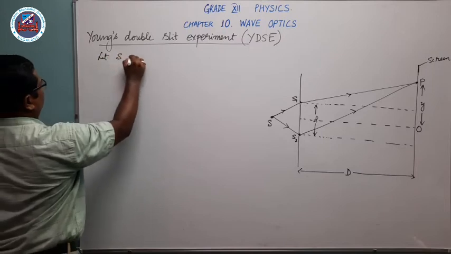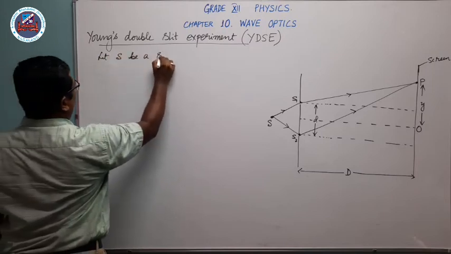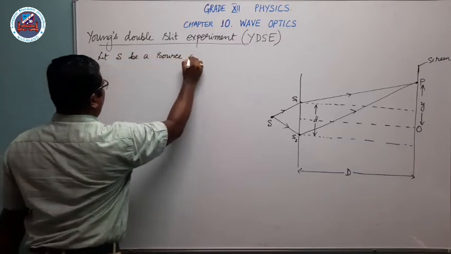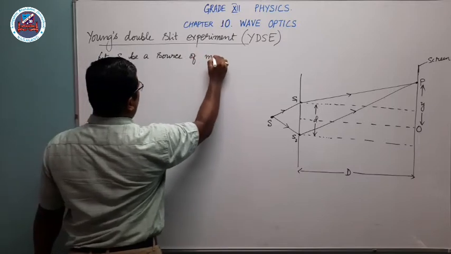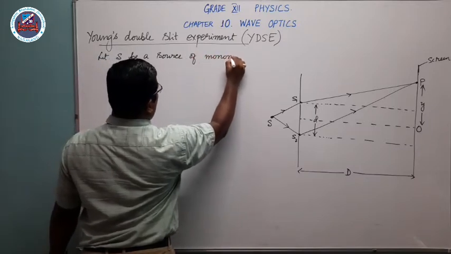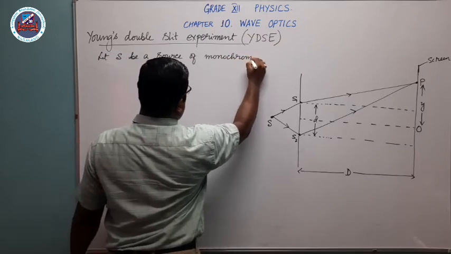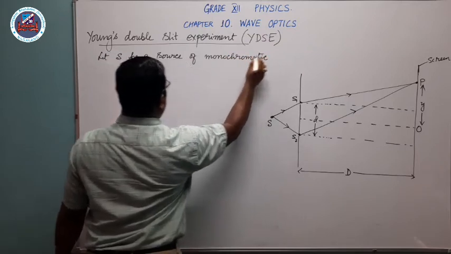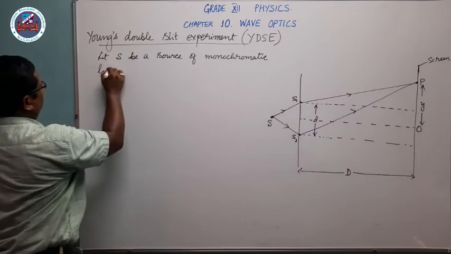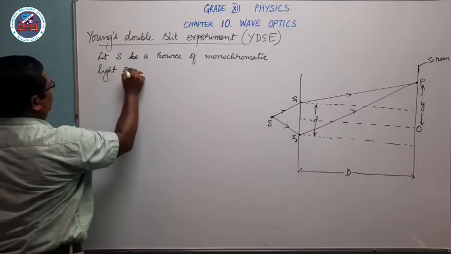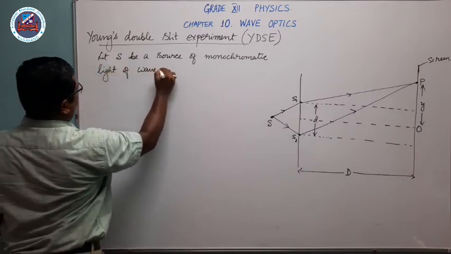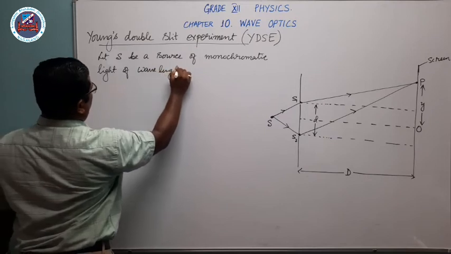Let S be a source of monochromatic light of wavelength lambda, say,